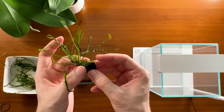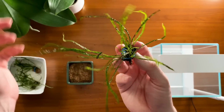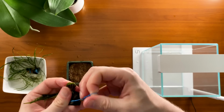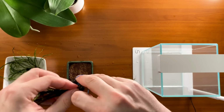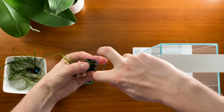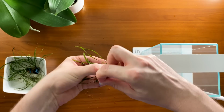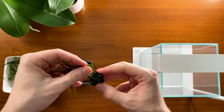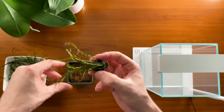And because there are so many different forms of Java Fern, you can actually find plants that grow only a few inches tall and others that grow up to a foot in height, so it's a really versatile plant. The only major pitfall of Java Fern is how slow it grows. You have to be content with your aquarium taking quite a while to become established, but I think that's a